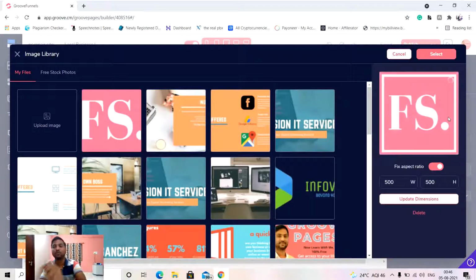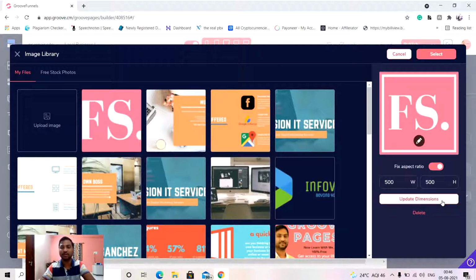Now it will show to the right hand side if we want to make any changes with the aspect ratio, or if we want to use it like that only. So let's say I want to use it like that only, so I'm just going to select it. Or if I want to make any changes in the dimension, you can make the changes, and after that you have to click on update dimension first, because if you do not click on update dimension, it will not make any changes.